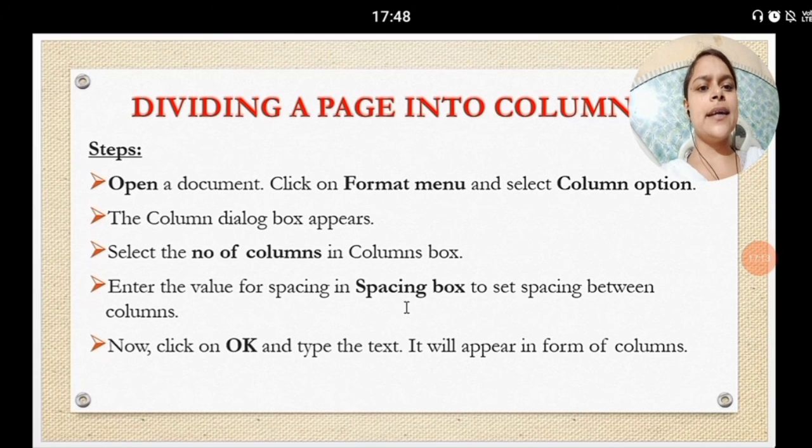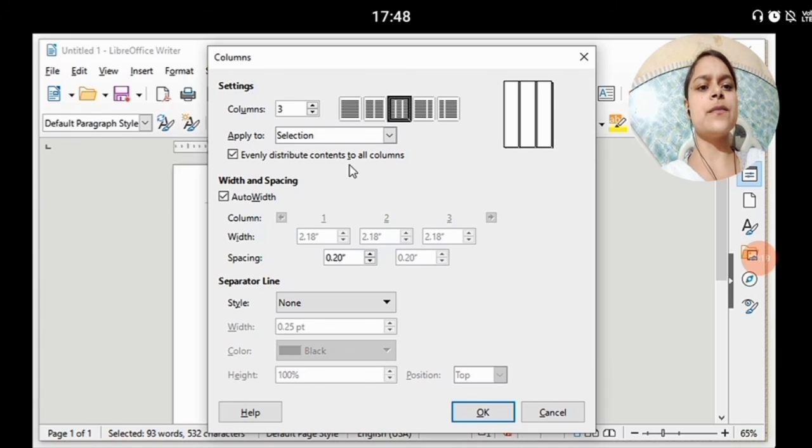Next, enter the value for spacing in the spacing box to set spacing between columns. Here, when you try to enter spacing, you can see it is not working. Why?